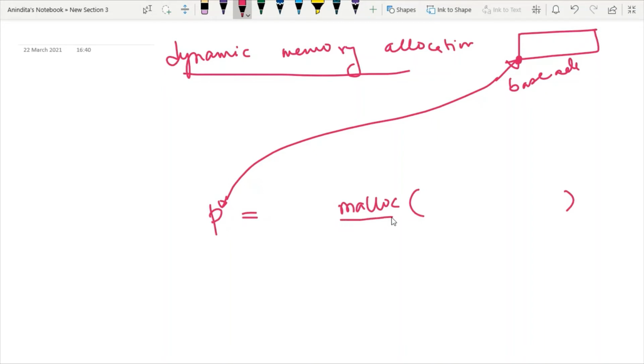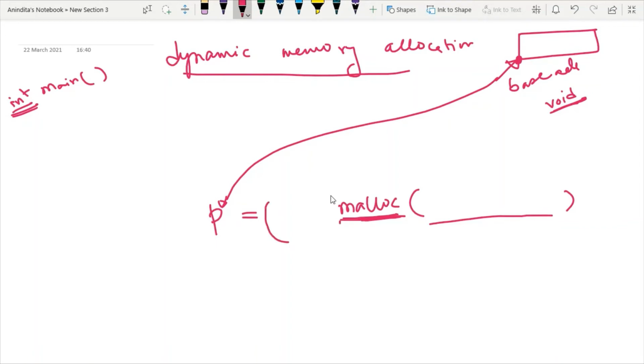And since malloc is a function, just like main is also a function, we should have a return type of this function. Similarly, we have a return type of the malloc, but the return type of the malloc function is void. However, whenever we define some memory for storing any element of some specific data type, I have to convert the return type of the malloc from void to that specific data type.